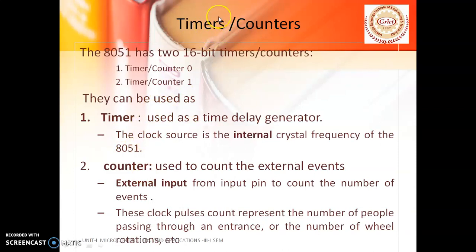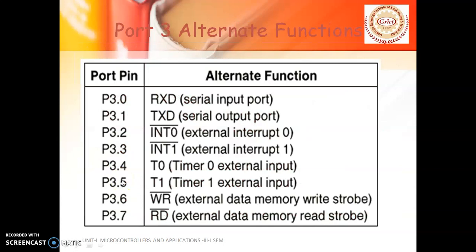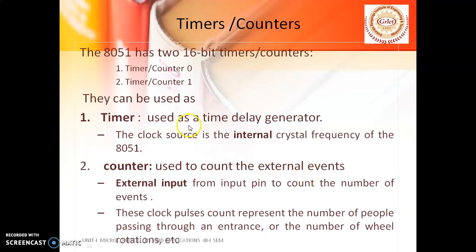Whenever we are using that particular peripheral as a counter, we already saw that this timer peripheral can be used as a timer or as a counter. Whenever we are using it as a counter, this counter register has to get the input. That input is coming from these T0 and T1 pins respectively. Once it gets the input from these pins, only then is the counter register going to count the events happening outside the controller. But whenever we are using this peripheral as a timer, the timer is going to receive the input from the on-chip clock oscillator. Once it receives the input, only then is it going to generate the time delays.